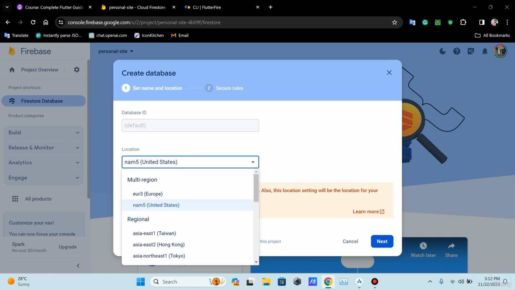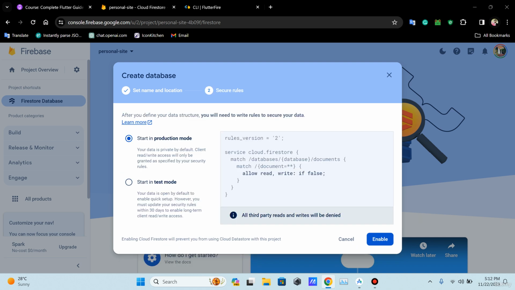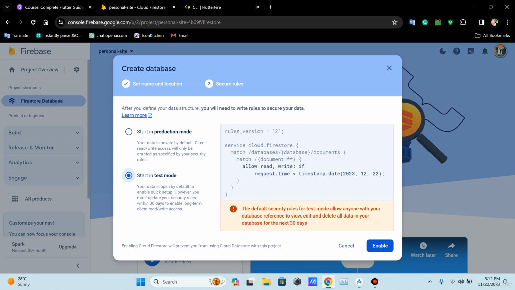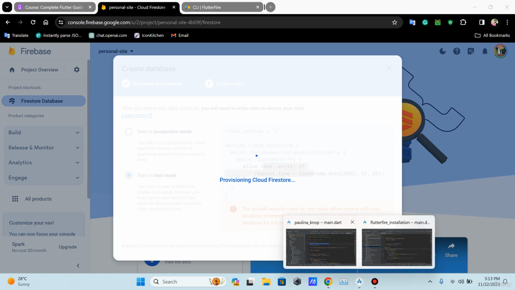You can select the location, your nearest location, and then click on next. Obviously start in test mode, but you can change this part later on. This is the security rules part. Click on enable, and yeah, the Firestore provisioning is complete. Now we can go ahead and